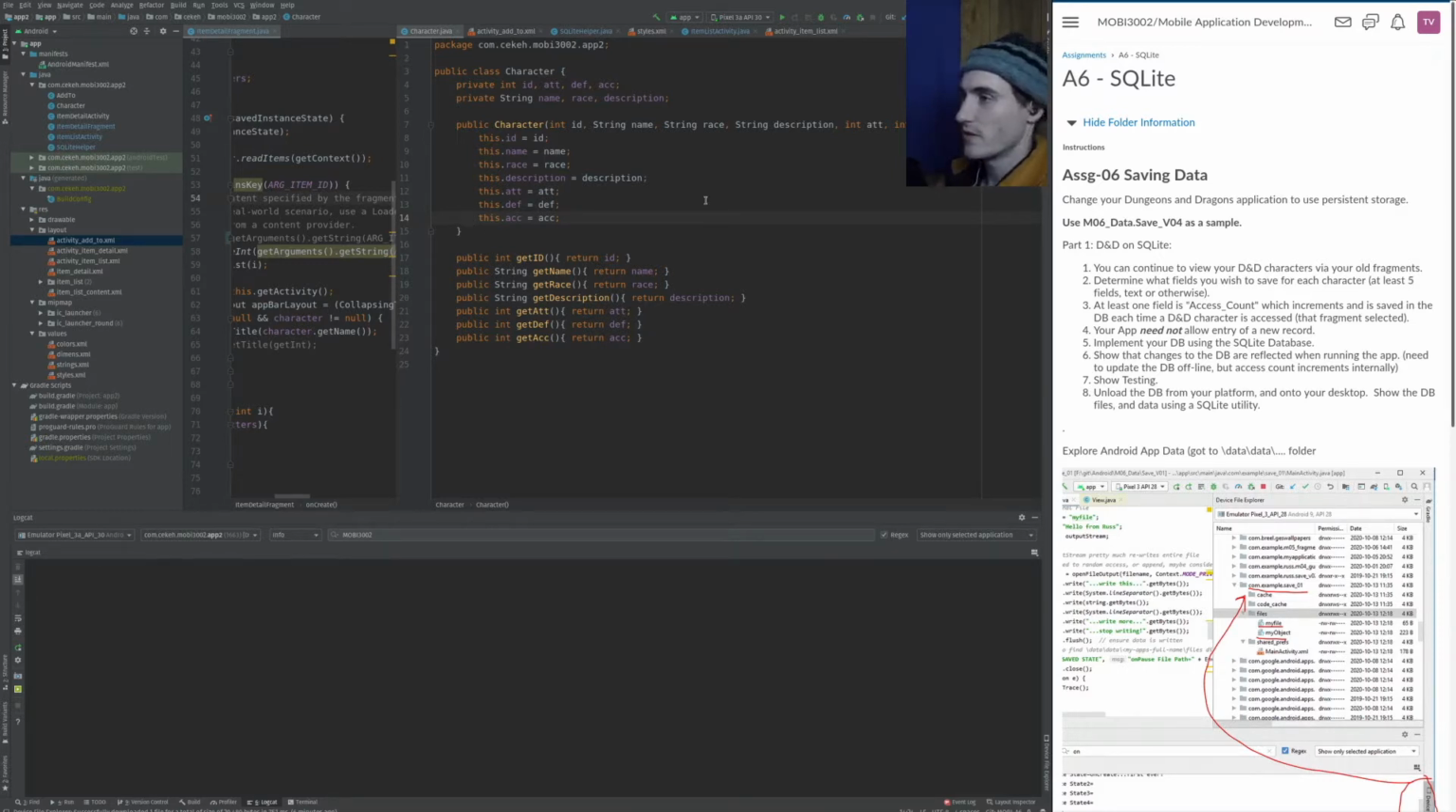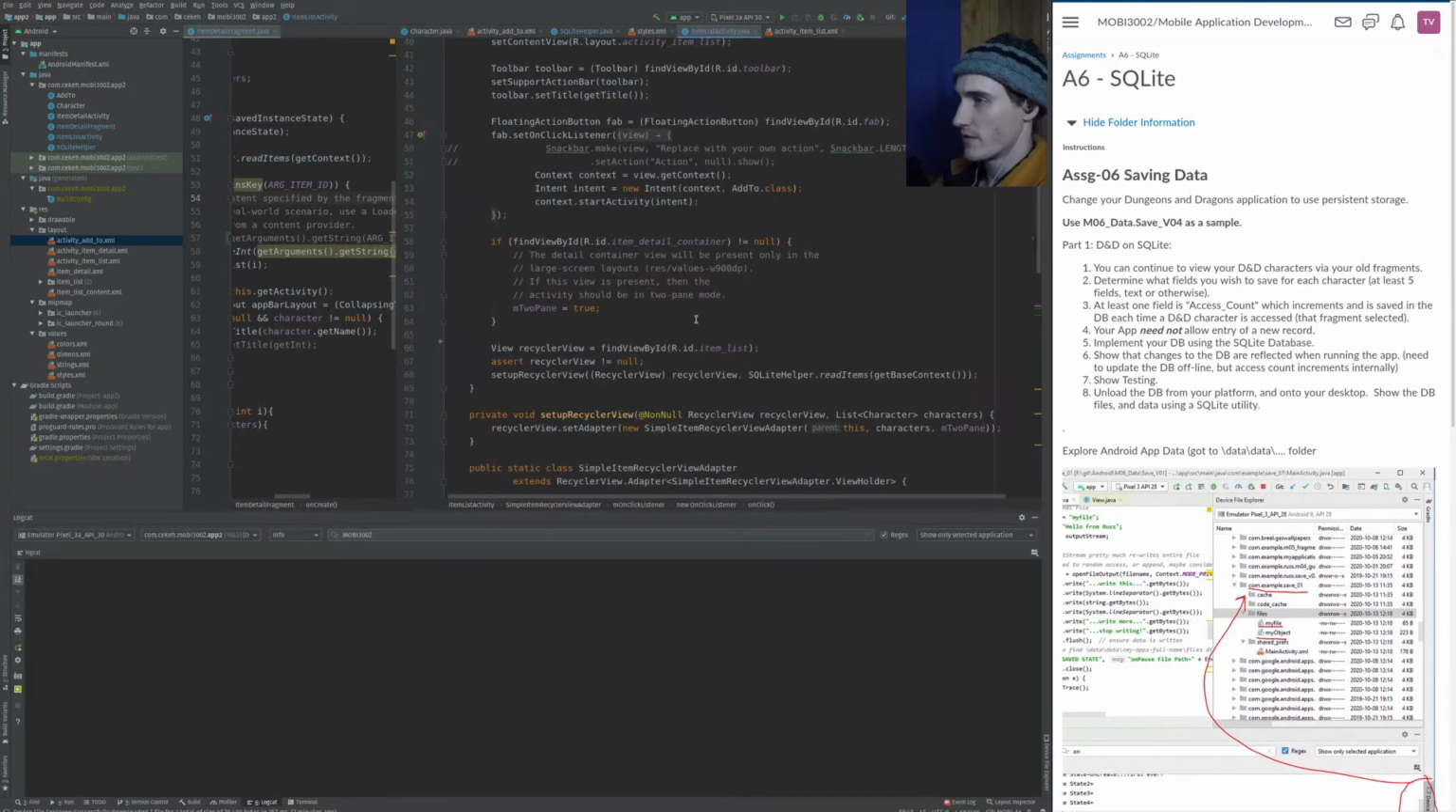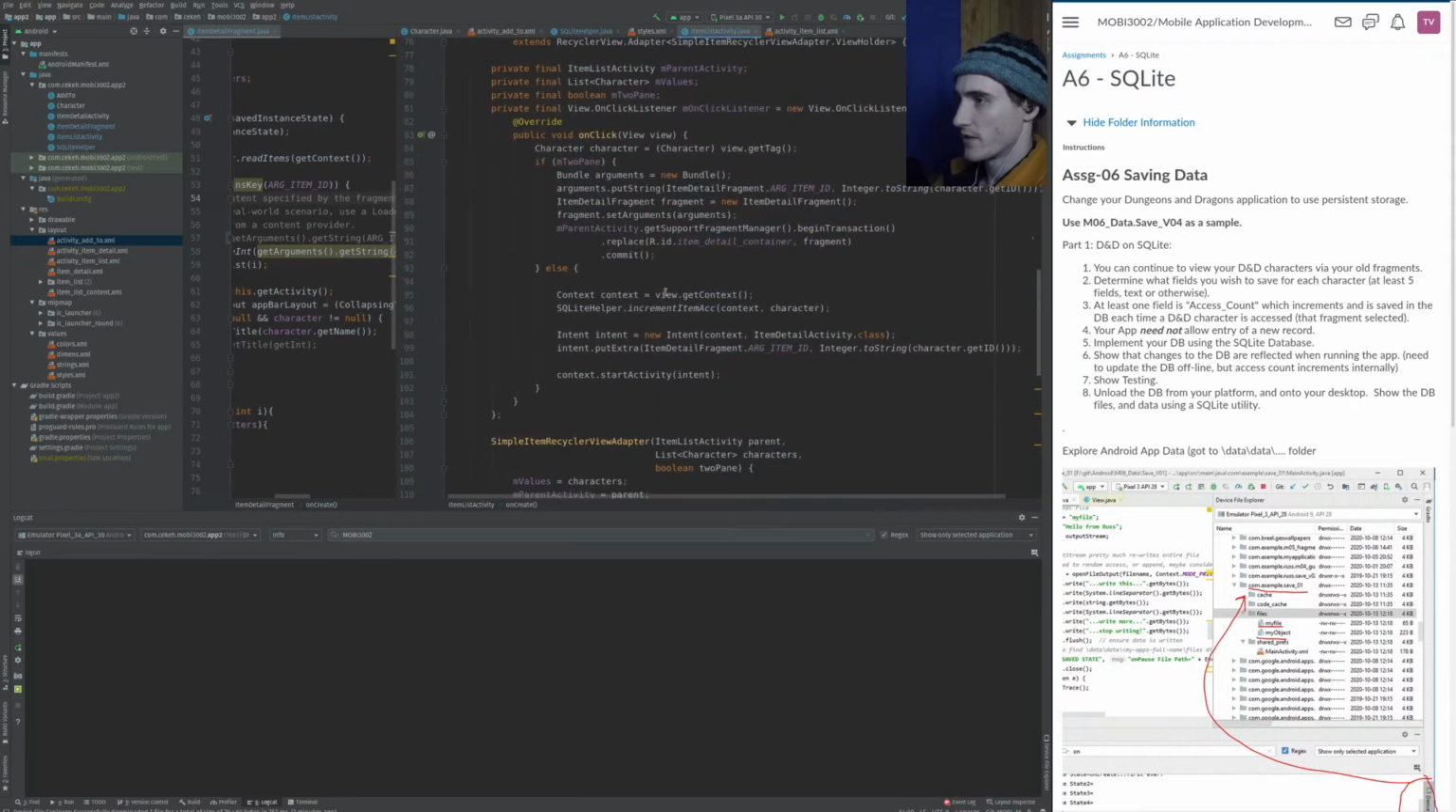So on the IDE here, you can see my character. We have ID, attack level, defense level, how many times it's been accessed, name, race, and description. At least one field is access count, which increments and is saved in the database each time a D&D character's fragment is selected. So that's what this ACC value is for. In the item list activity, on click on the fragments here, it will increment every time a character